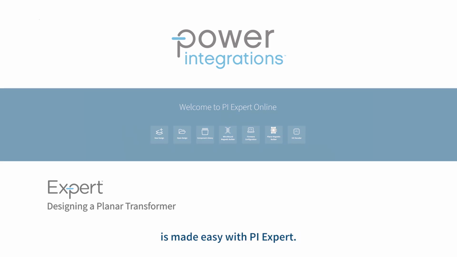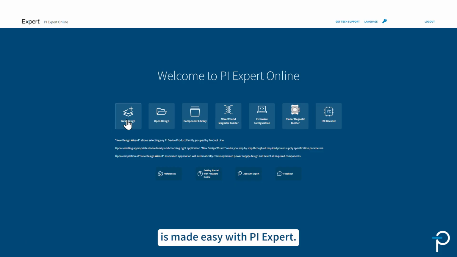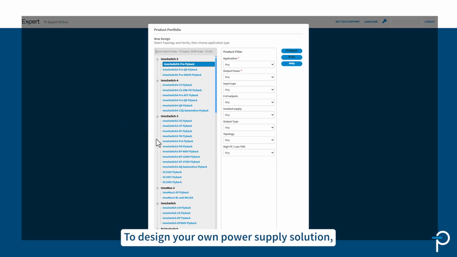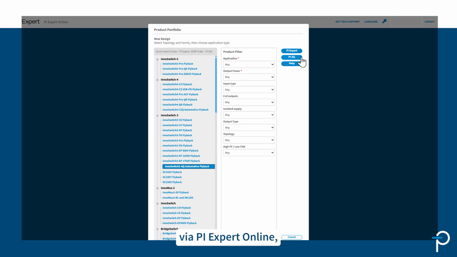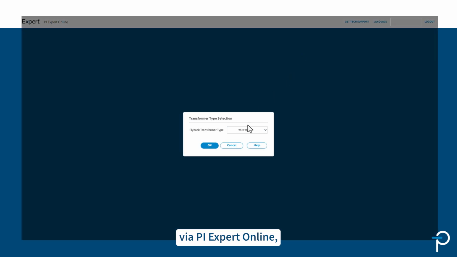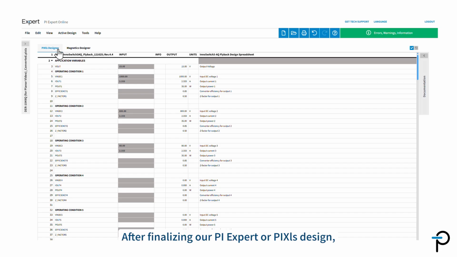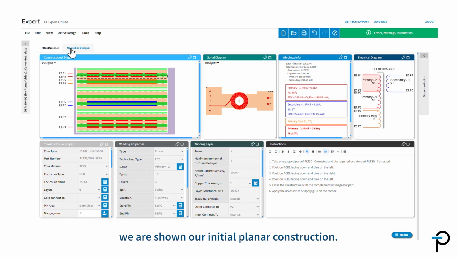Designing planar transformers is made easy with PI Expert. To design your own power supply solution, you'll want to create a new design via PI Expert online with planar selected as the flyback transformer type. After finalizing our PI Expert or PI XLS design, inside the Magnetics Designer tab, we are shown our initial planar